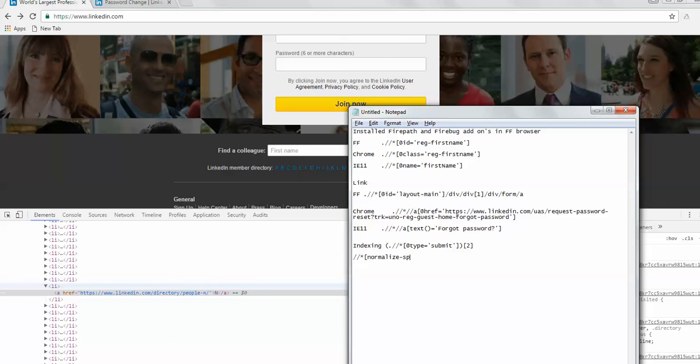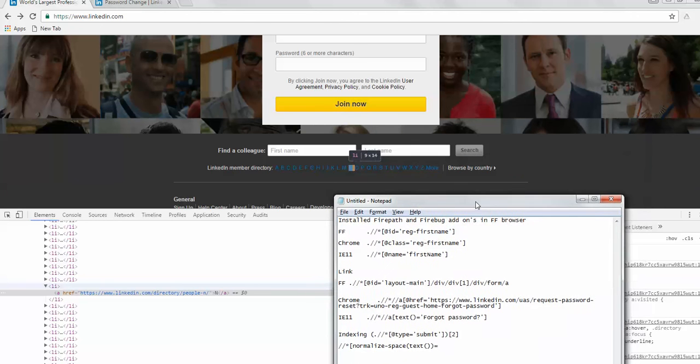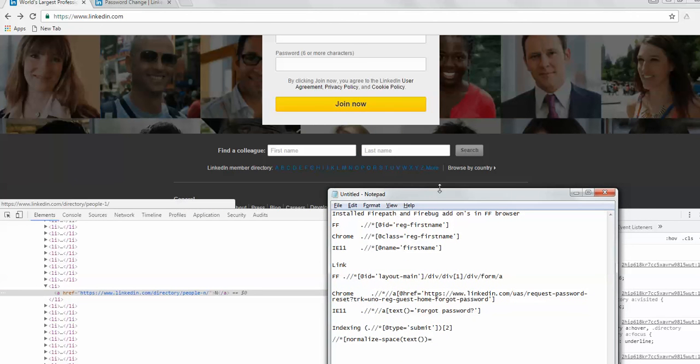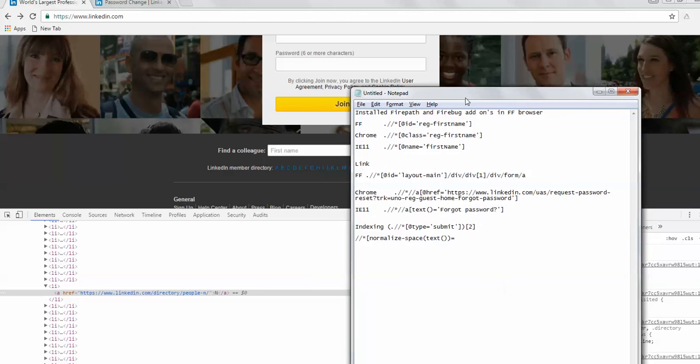Normalize space of text is equal to, for example, you want to find something called more here. So you want to see what is there with text more, and then close this.